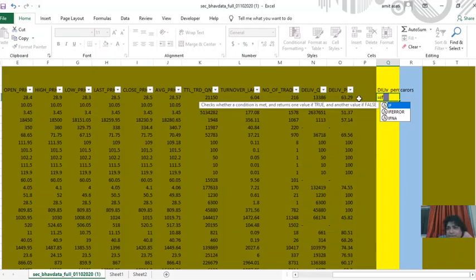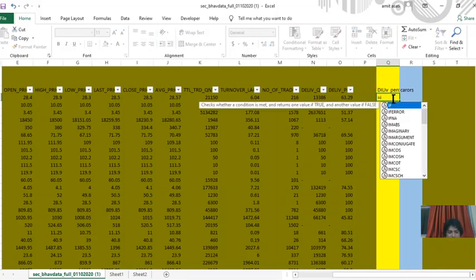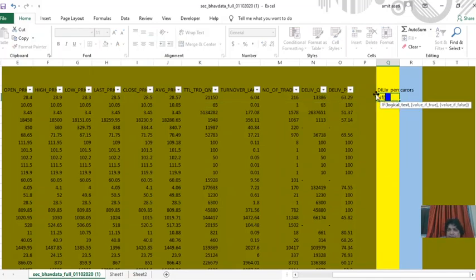The delivery, the delivery percentage, is greater than 70, write TRUE, otherwise FALSE, and the bracket is closed. Yes, bracket close, and enter.